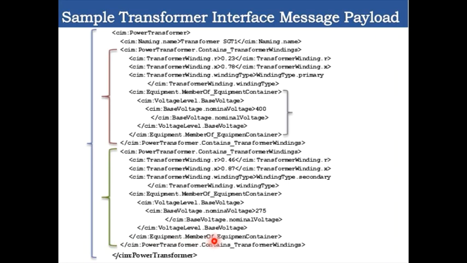Similarly, in the case of the secondary winding, the R and X values will be inserted, and then we will add the base voltage value also. So now you can see that in this way the information related to the power transformer is properly structured, and at the receiving end the software application will know what the various tags are which would be coming in the same XML file, and accordingly the receiving application will parse all those tags and retrieve the relevant RX and the voltage level information.